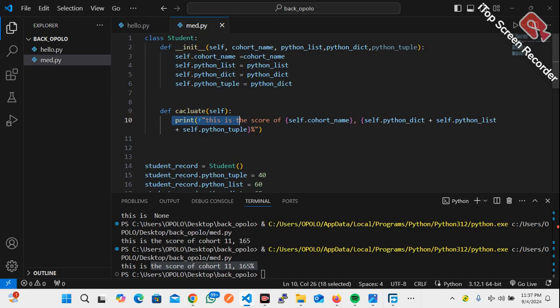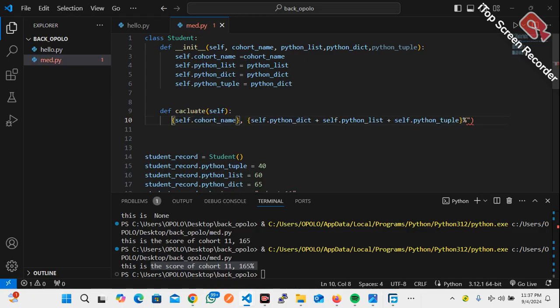Let's also refactor this a little bit. So we get rid of all this. What we are going to do is get rid of these two, get rid of this, get rid of this. So make the code